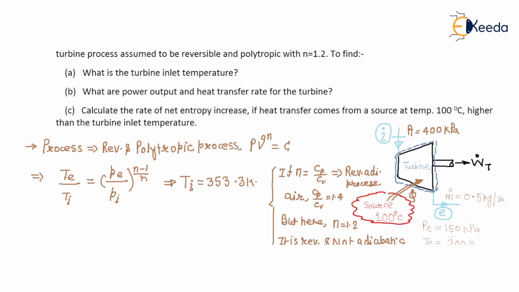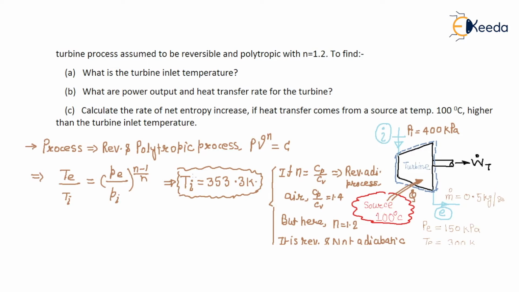So it is obvious that the temperature at inlet to the turbine is always higher than at the exit of the turbine. Why? Because there is an expansion during the process. When the fluid enters the turbine, it must expand, so during expansion its temperature reduces. So this is your inlet temperature, right?